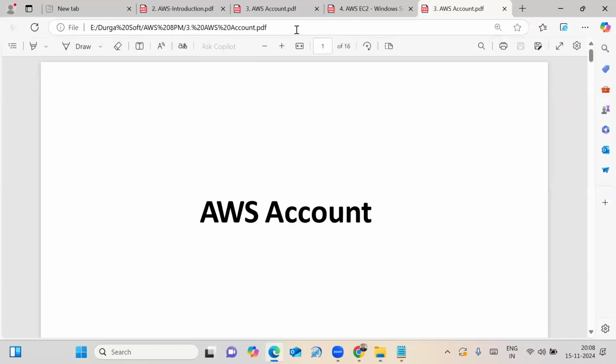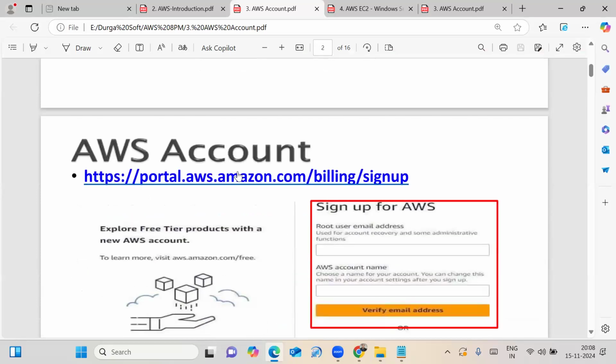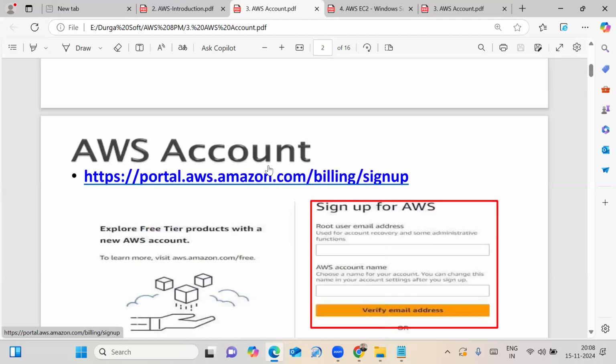To create your AWS free tier account, we have to click on this link. I'll send it in the chat box.